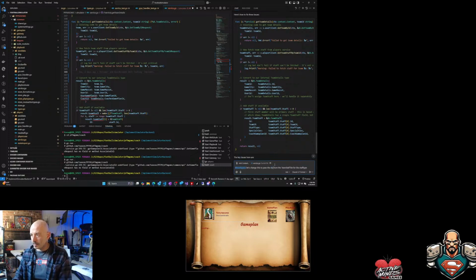We'll see. Staff ID from team staff list for the staff type equal HC. This will be used by the coach during game simulation to get the